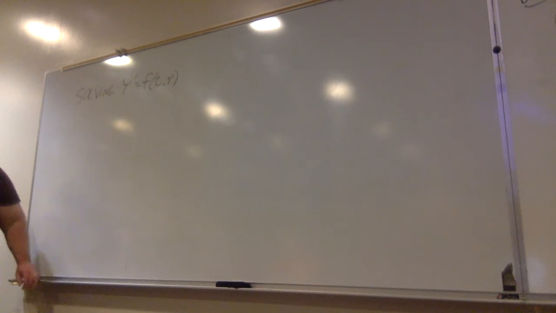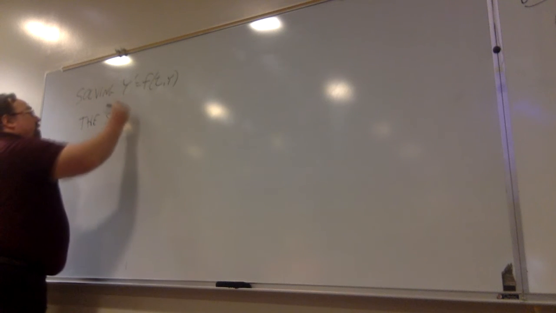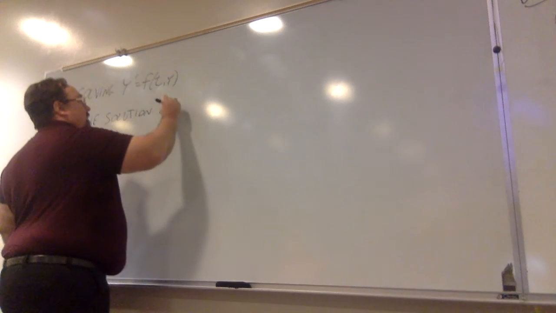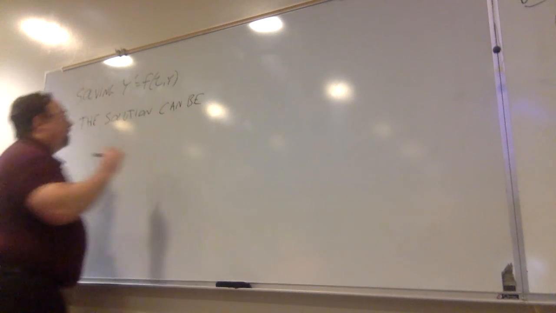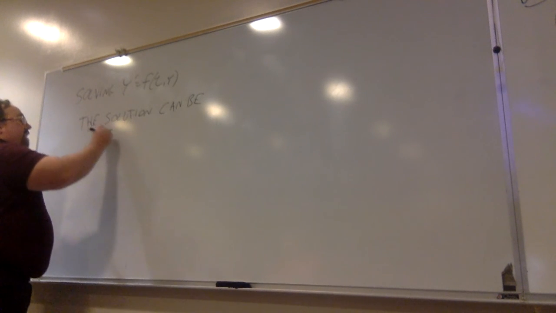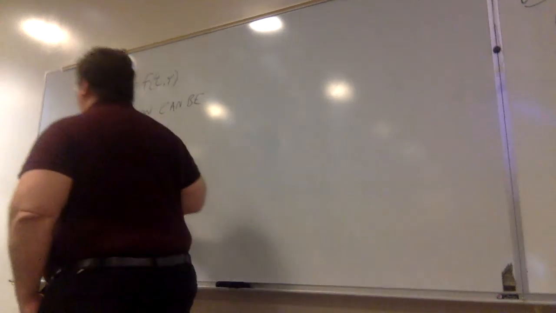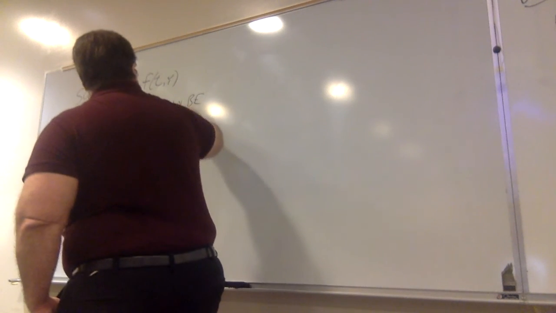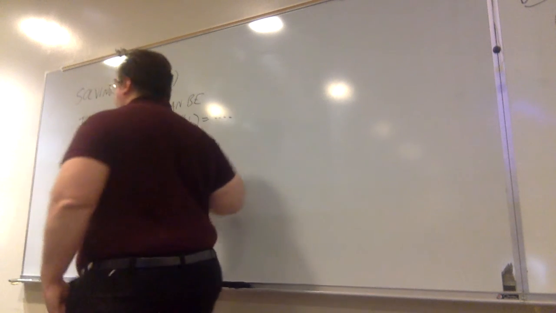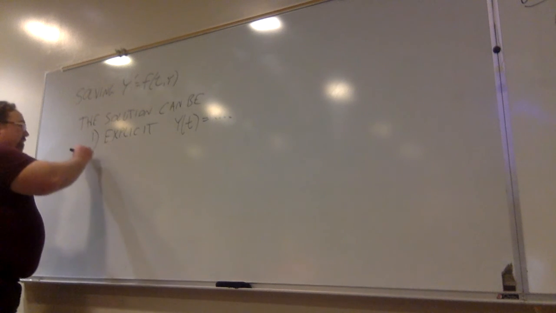Because the solution, depending on the equation at hand, might be explicit, meaning that your final answer is of this form, y of t equals something. Which is convenient because then you can just go ahead and plug in any value of t and get the corresponding y value. The other possibility